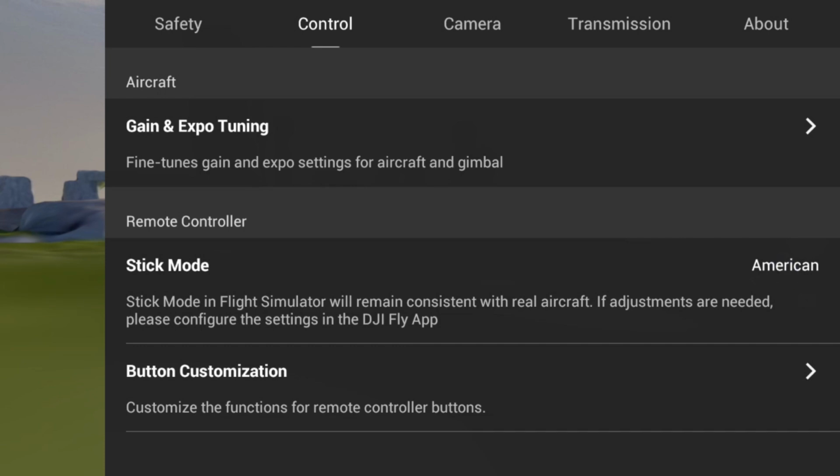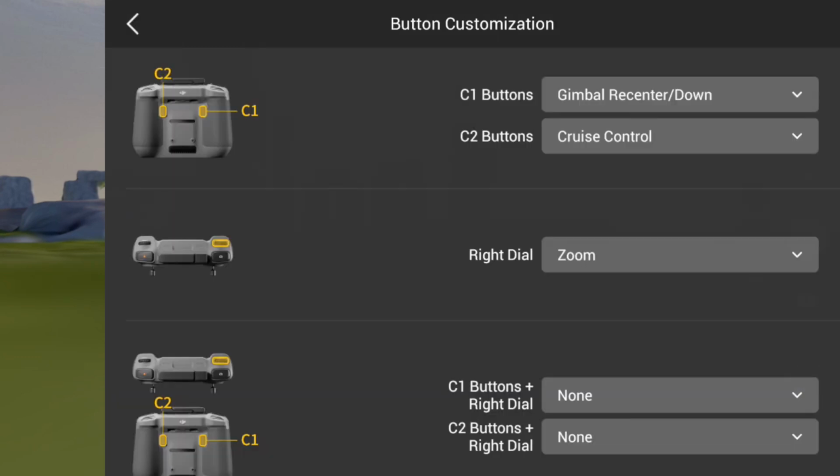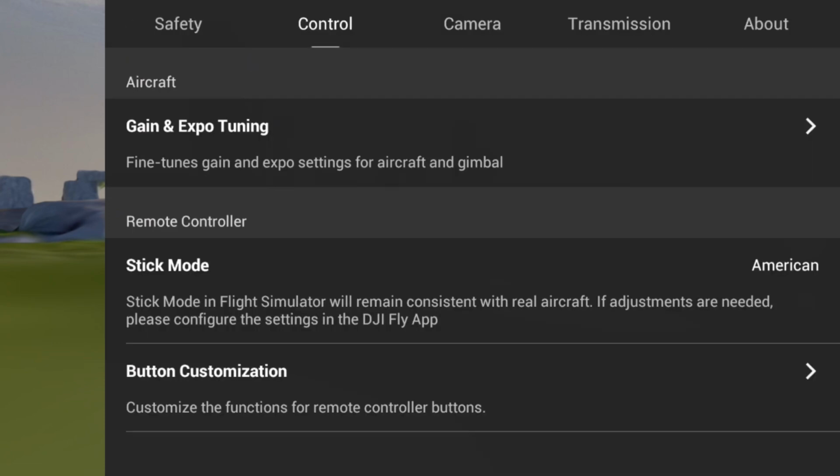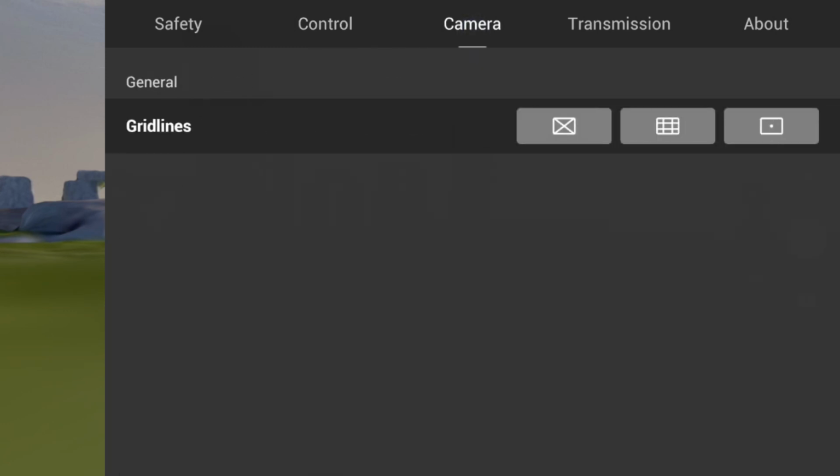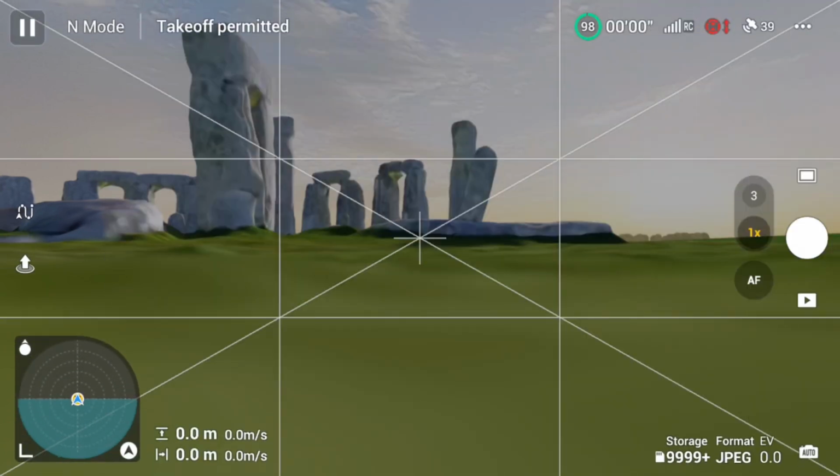What mode 2? Button customization. I can customize the buttons. And for now, looks like the C1 button is what I have mine set to in the real world. The C2 button I have it set to cruise control. I'll check that out here in a few moments. So let's go back out and let's go into camera. And the only thing you can do in camera right now is to turn these grid lines on and off. As you can see here,